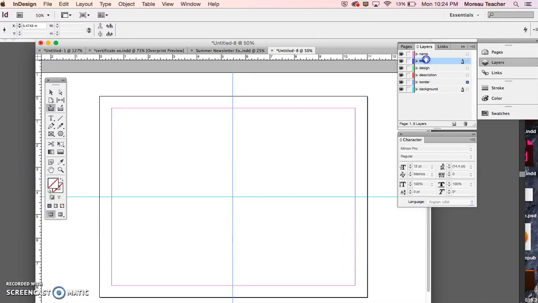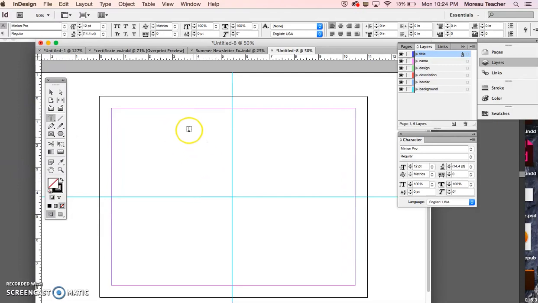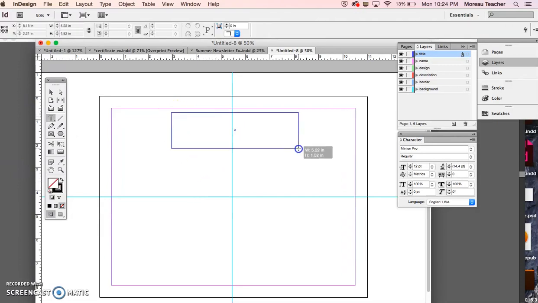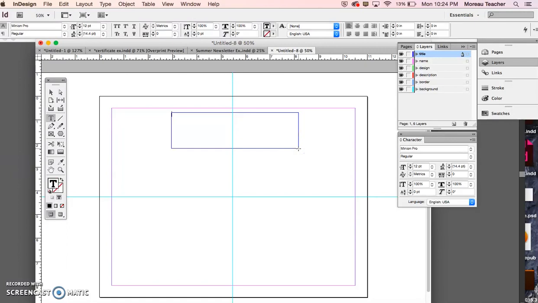So I'm going to click on that layer. I'm going to get my type tool, hit T. And when I'm working in my type tool, what's different is instead of clicking, we want to designate a box. That box can be changed, but it gives us an idea of what that space is going to be composed of and how much space it's going to take up. So ideally, if I'm going to make a box this size, then my text is going to fit that box. So I'm going to just type